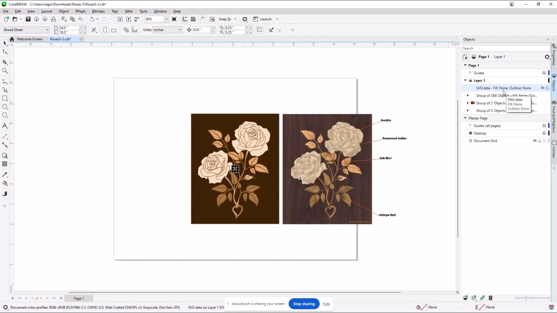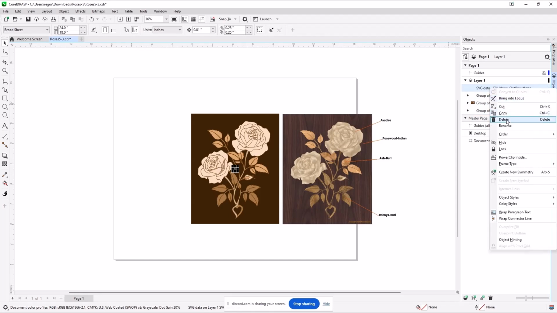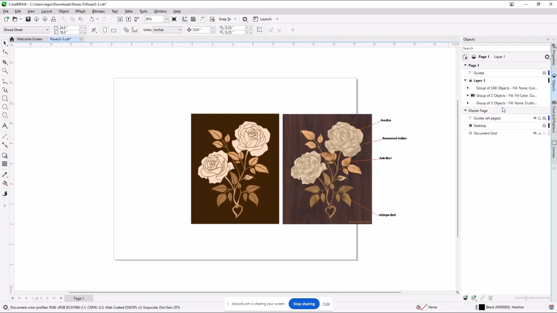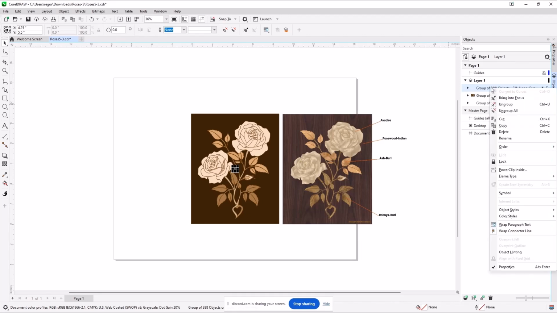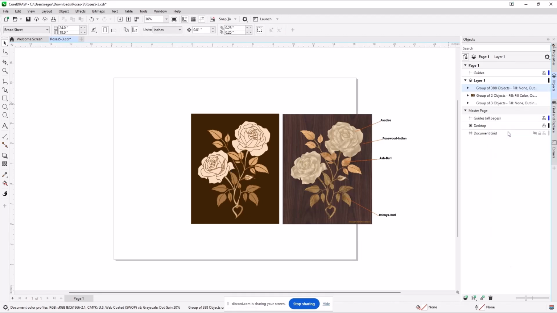So this one is a right click and the word delete. You don't need it. So I'm doing a right click and deleting. I could also select it and hit the delete key on my keyboard. We'll keep doing this because it's easier to work with. This object, the layer is pointing down like this, things are expanded.